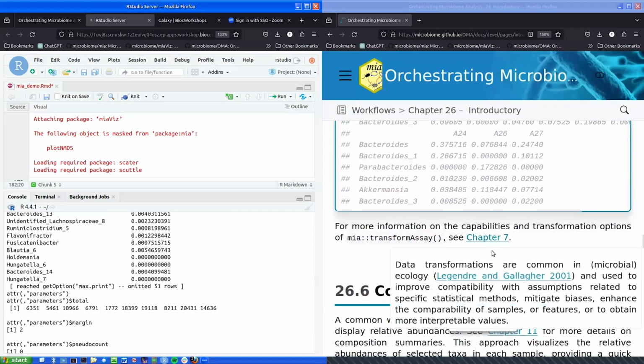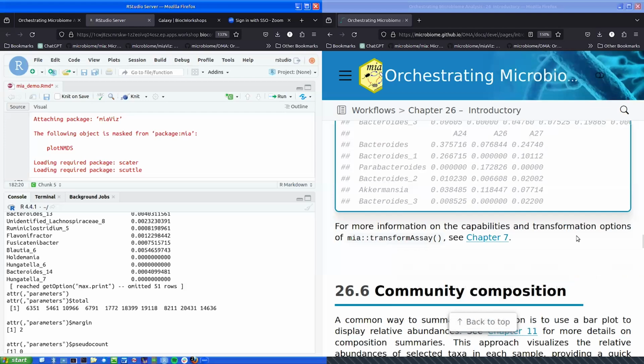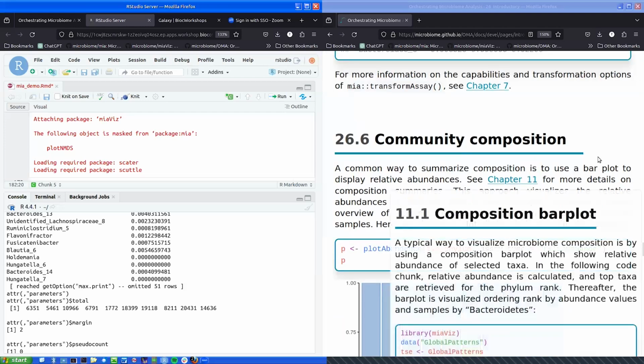Cool. So now we know how to subset the data, and we know how to access the data. Then we know how to apply this agglomeration and transformation, which are part of the pre-processing in microbial workflows. So then we can continue with our workflow by summarizing the composition. That's something that is very commonly done if you look at microbiome papers. Every paper has this